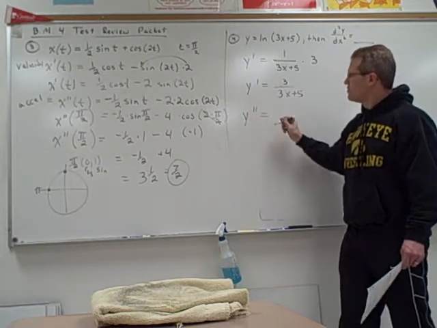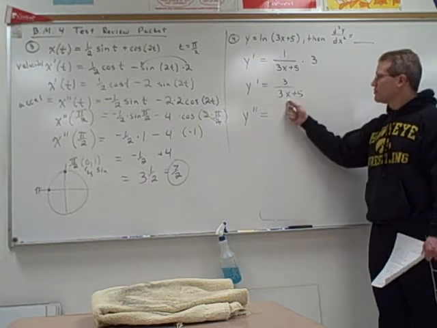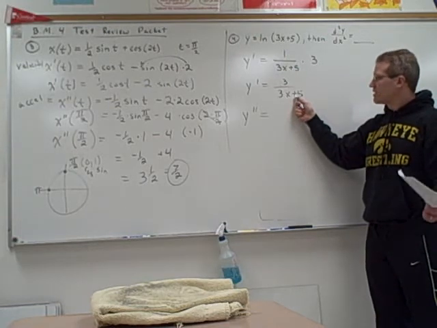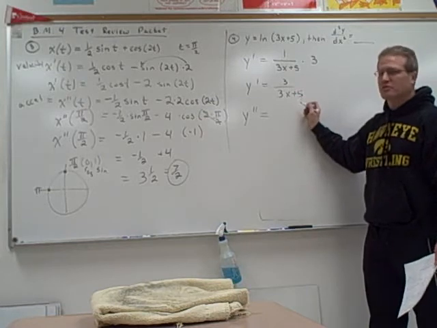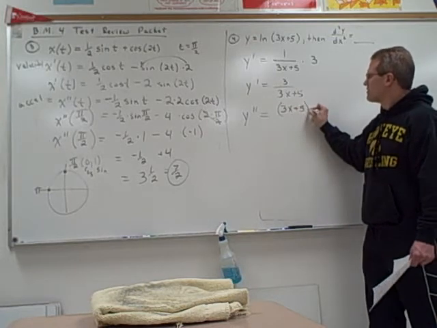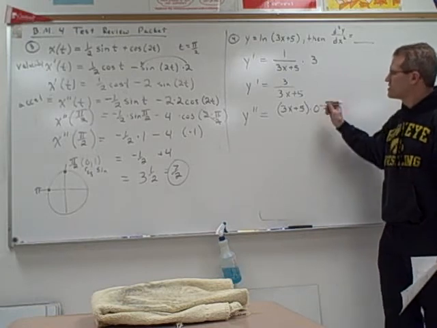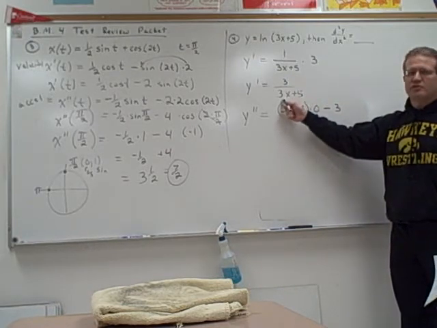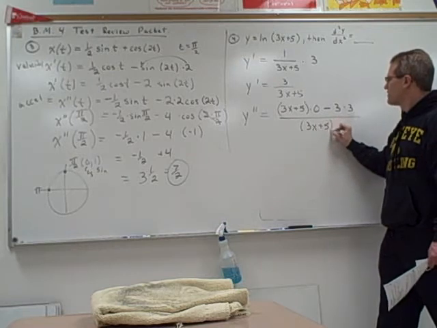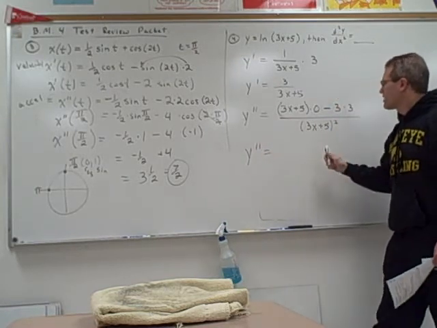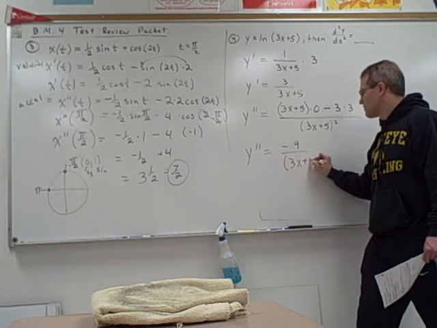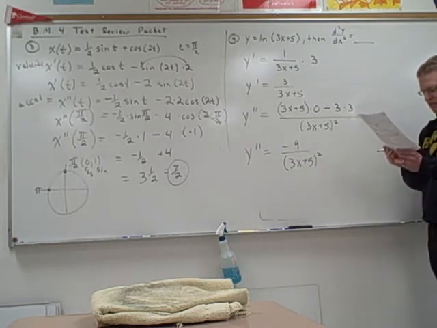The second derivative then would be the derivative of this. A couple different ways you could do this. You could move this to the top and call this 3x plus 5 to the negative 1, and then use the chain rule. But what I think I'm going to do is use the quotient rule, because I have 3 divided by 3x plus 5. So I'm going to go low d high minus high d low over low squared. So low would be 3x plus 5. D high, the derivative of 3, would be 0, minus high, which is 3, d low, which would be the derivative of the bottom, which is 3, over low squared, 3x plus 5 squared. So that comes out to 0 minus 9 over 3x plus 5 squared. And that is letter D